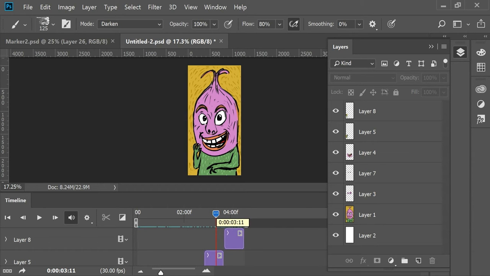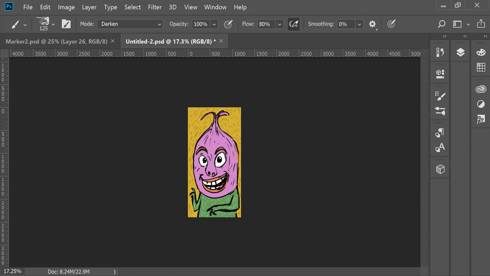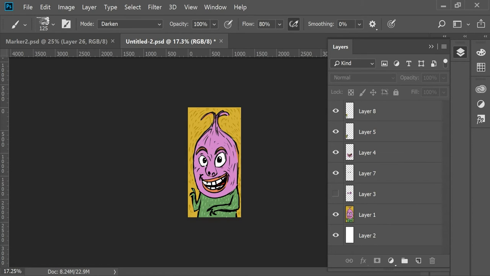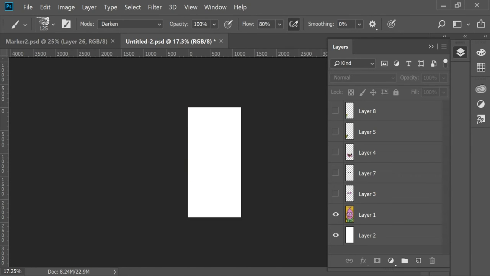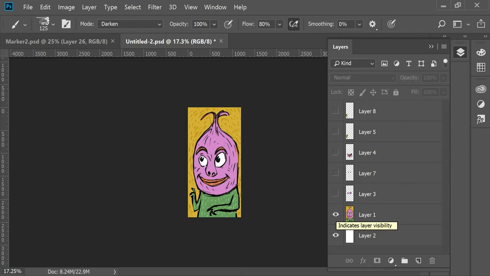Now, let's get rid of the timeline. I'm not going to use the timeline anymore. I'm just going to go straight layers here. So I have all of my layers turned off, my base layer here. What I'm going to do is just flatten these as JPEGs so that I'll have individual poses. So I would take this, I would do a save as,